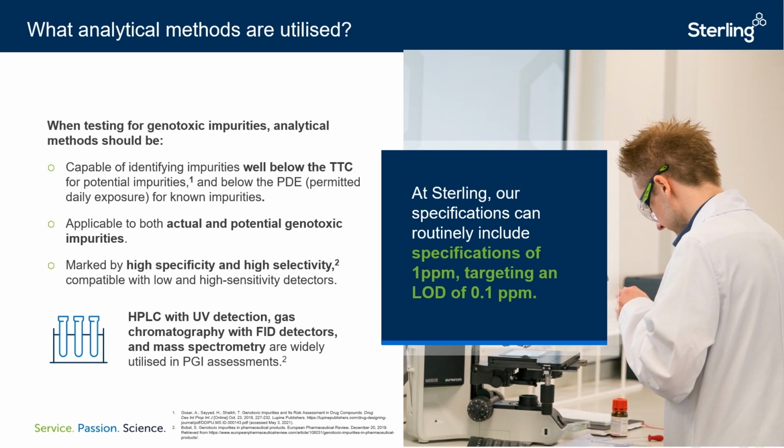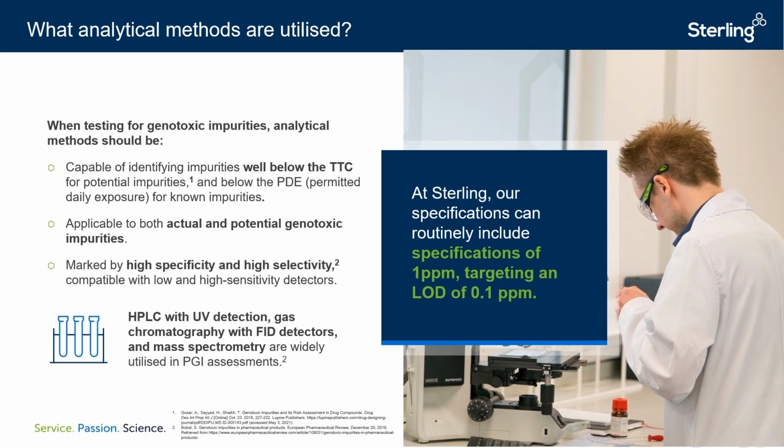Finally, selectivity is important because of the variety of organic compounds that may be present in a product. Testing should be able to weed these out to solely detect genotoxic impurities. As a result, it is important to develop methods which are compatible with HPLC low sensitivity detectors, such as UV-Vis